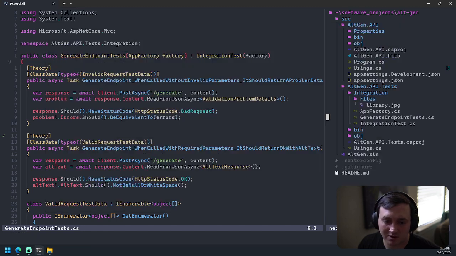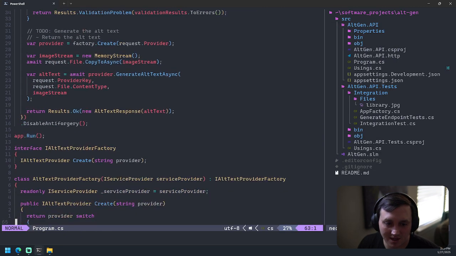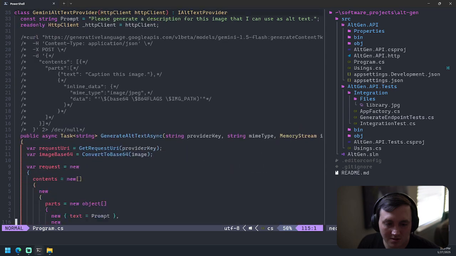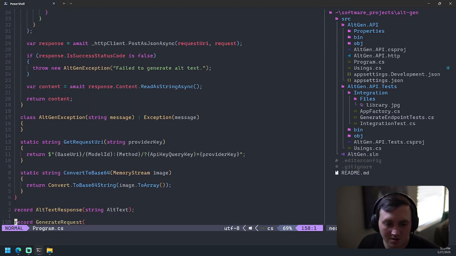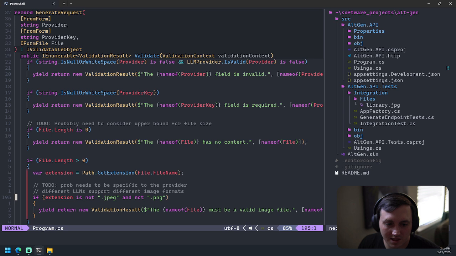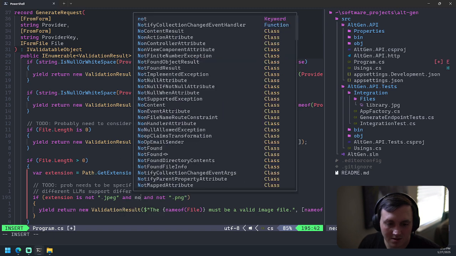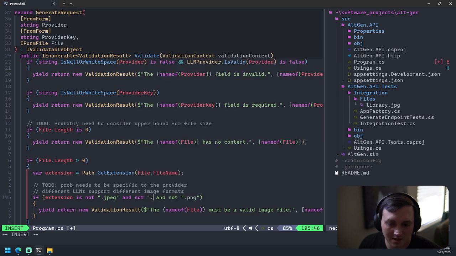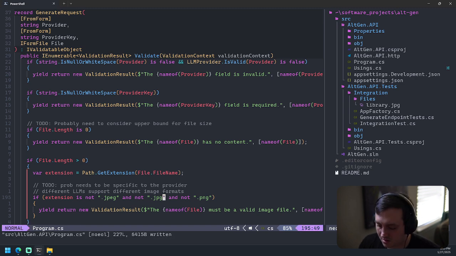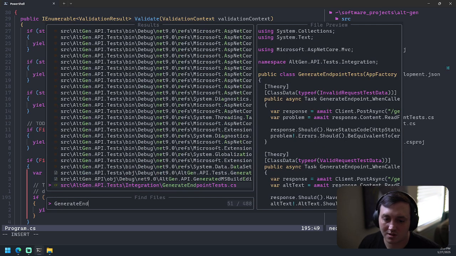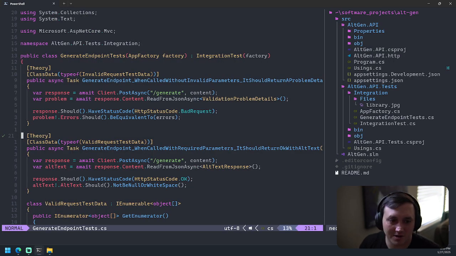I need to basically go back to program.cs. I need to change our validation, otherwise it's going to fail. I don't want it to fail. If extension is not JPEG and not .jpg, we're doing pretty good. I think we're going to get one request maybe before I have to wrap for the